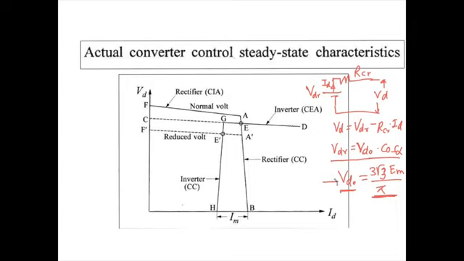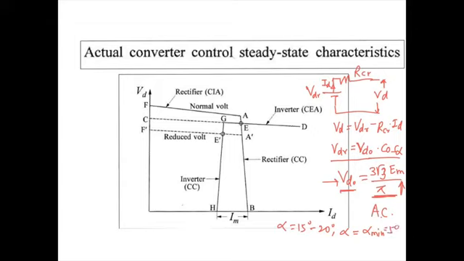Now since this VDO contains the term EM, which represents the AC voltage on the rectifier, it can increase or decrease. The increase can be limited to a certain value, but the decrease can be even up to 0 because of a short circuit. We also discussed that the rectifier is operated at a normal value in the range of 15 degrees to say 20 degrees. However, the value of alpha is limited to alpha minimum, which is generally say 5 degrees.